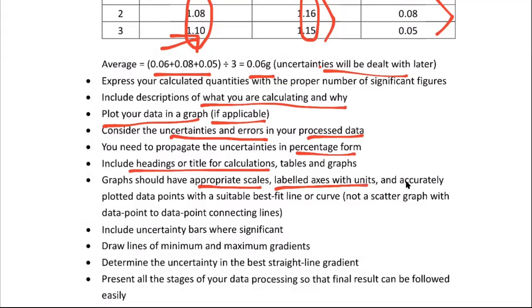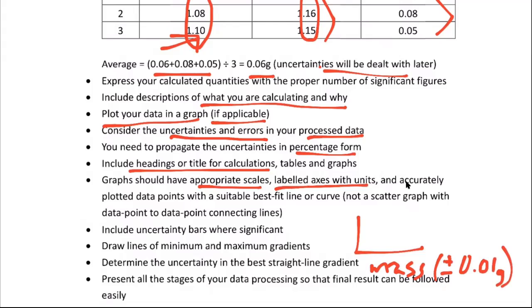Labeled axes with units and uncertainties. So if you're doing a graph and you're measuring mass down here, you want to say it's mass, and you want to give me the uncertainty and the units. So you want to say it's plus or minus maybe 0.01 grams, whatever the uncertainty is. So on your axes, where you label them, you want to tell me what you're measuring and also the uncertainty